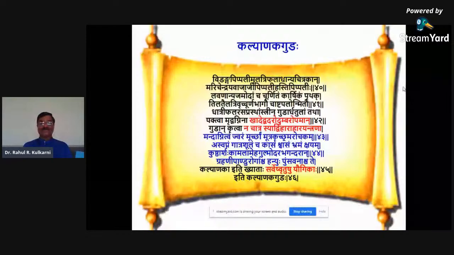And one more additional feature attributed is Sarveshu Rutushu Yogikaha. So this Kalyanaka Guda can be given in any Rutus. There is no restriction for any Rutus where this Kalyanaka Guda or Virechana should not be given. So why this Sarva Rutushu Yogikam has been mentioned specifically here is, see,